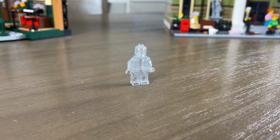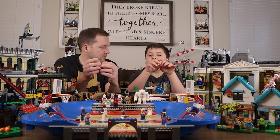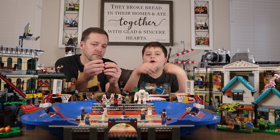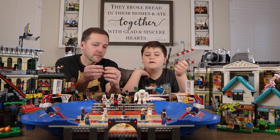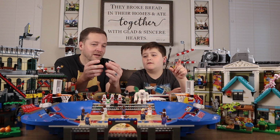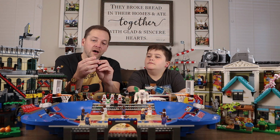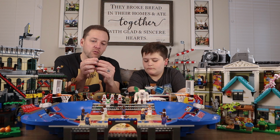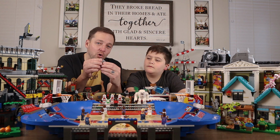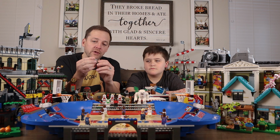I think this can happen in any factory, but there's a big problem with the factory where people just set in any random color combination or anything. They make it, and then they just have never-made-before one-of-one minifigs. That is super cool. So this is potentially a one-of-one. In different factories, there will be workers that will pour plastic into the molds, and they'll make random things that will make their way onto the open